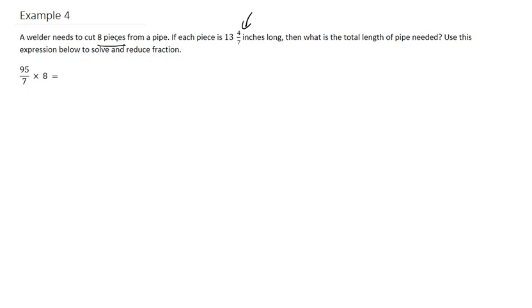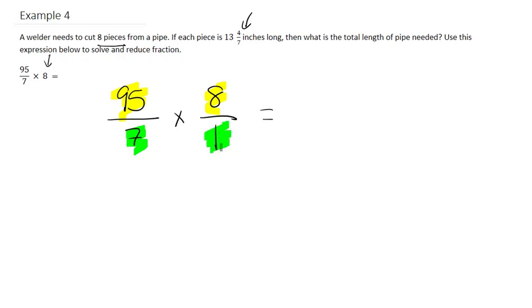We have 8 pieces. So all we need to do then is make this 8 into a fraction. So we can go ahead and just rewrite this. So 95 over 7 times 8 over 1. Then we need to go ahead and multiply on the top, and then we multiply what's on the bottom. So here,